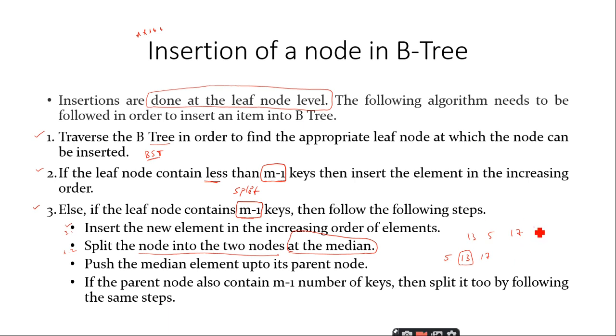Clear, sir. Let me take 4 values. So the list of elements given are 13, 5, 17 and 3. The first step remains the same. Whenever you want to find the median, you arrange the elements in ascending order. Right. So now tell me what is the middle value?